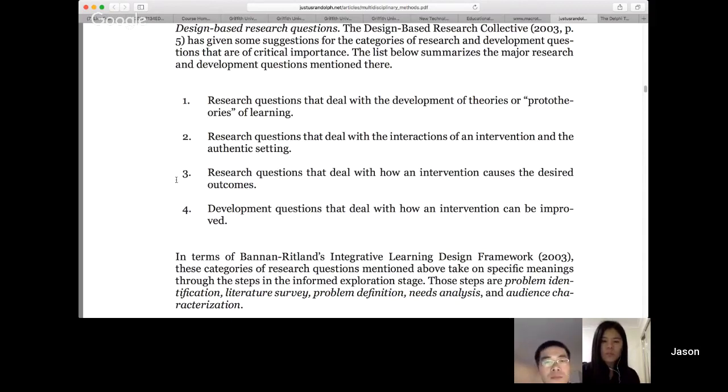Interventions that cause the desired outcome is normally in an educational environment, how that technology improves student learning. And development of questions that deal with how an intervention can be improved. So sometimes we might want to look at, okay, let's say we're introducing one-to-one laptops. We study a whole range of schools that introduce one-to-one laptops.